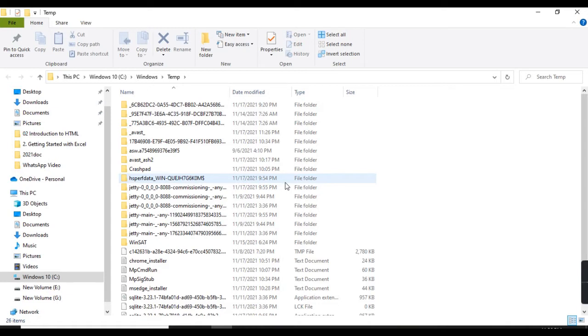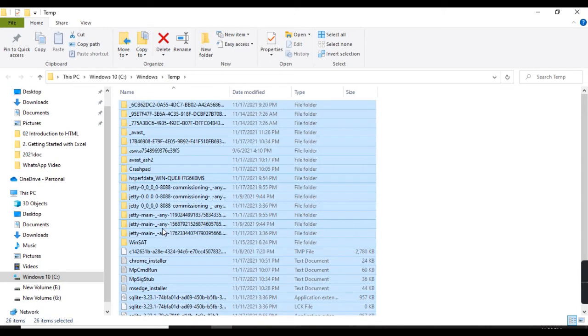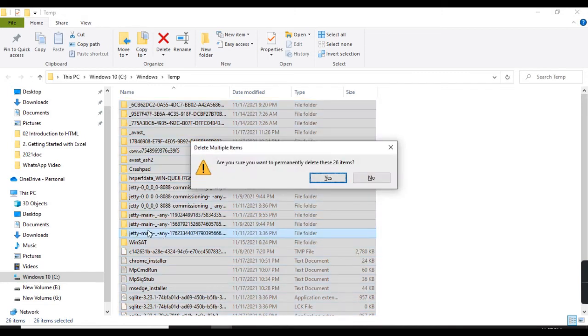So this is it. What we can do now is you select one of the items. After selecting, you hit Control A, then the whole of it gets selected. Then let's delete it by hitting Shift Delete, and it asks you for permission for all items to be deleted.